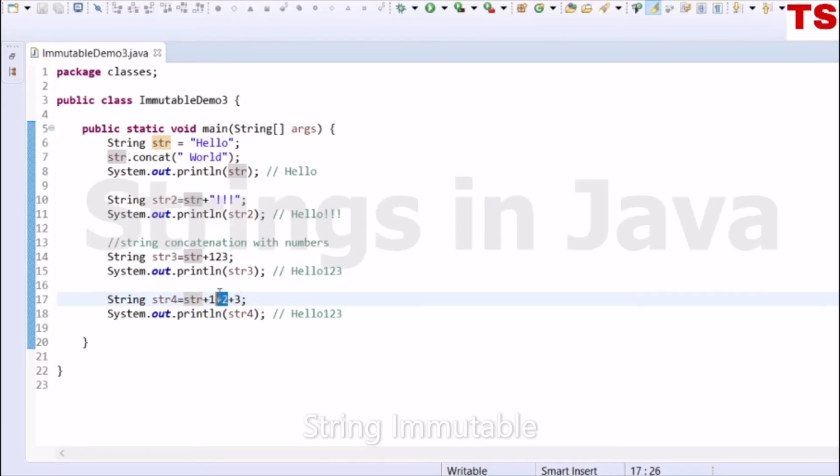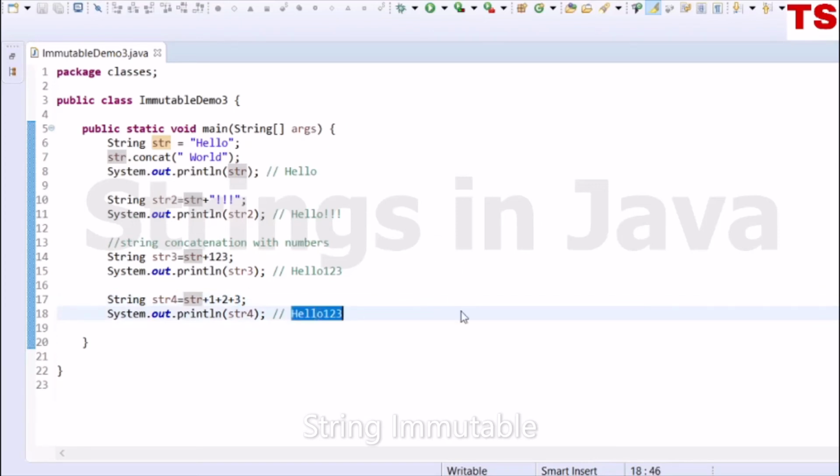2 is converted to string format 2, concatenated with hello 1, and it will be hello 12, and similarly integer 3 is converted to string format 3 and concatenated with hello 12, and the output will be again hello 123.